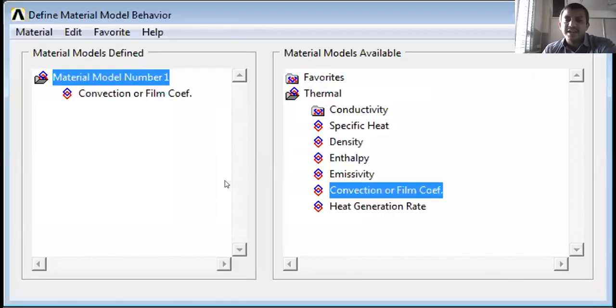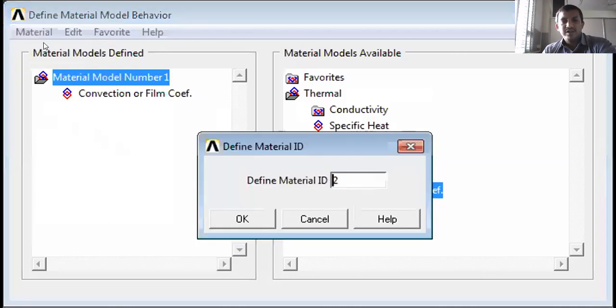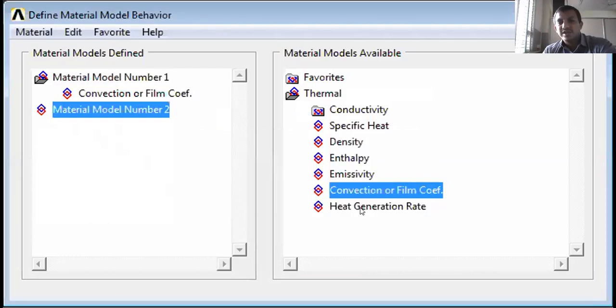Then how do you take the second material? Again, go to material, new model. Then it will ask to define the material ID. The material ID you have to give as 2, or inbuilt it will take 2. Then give okay.